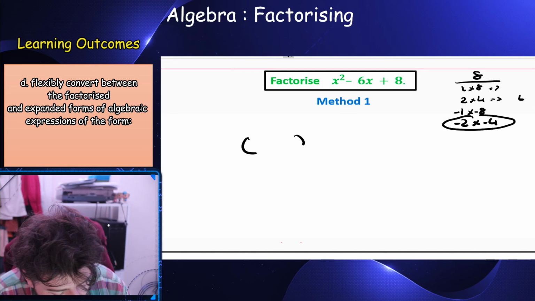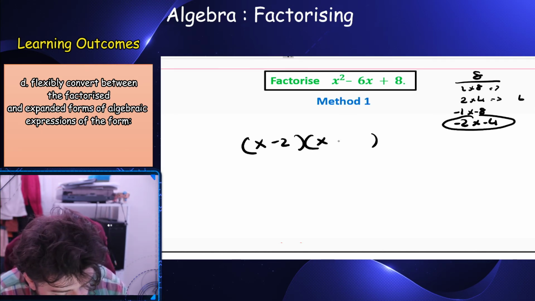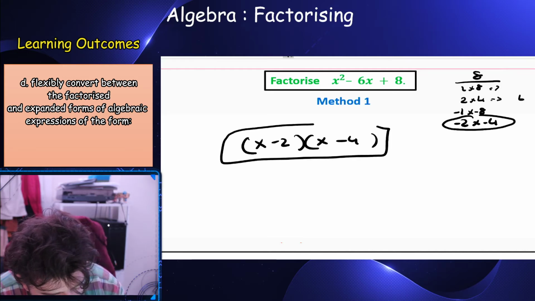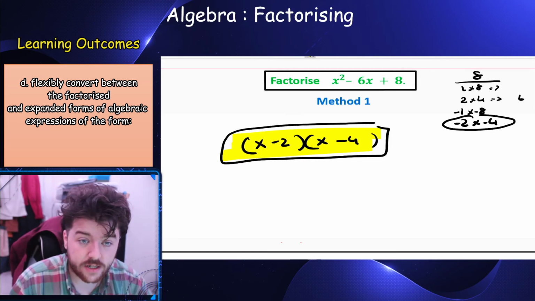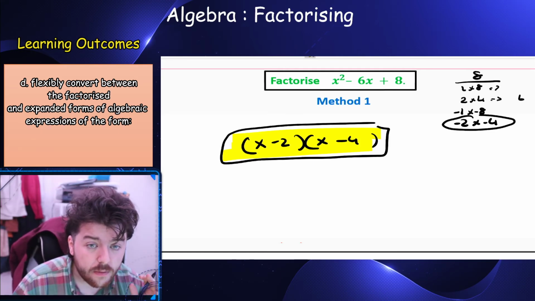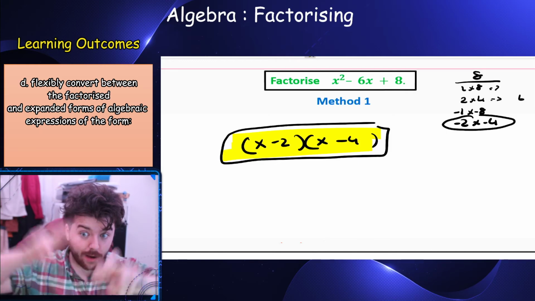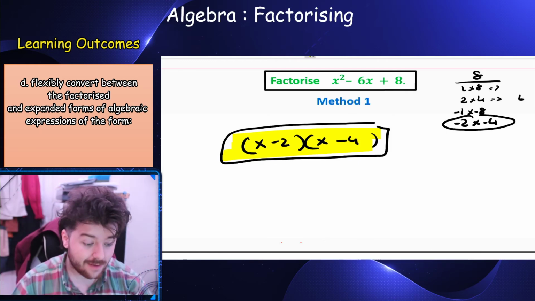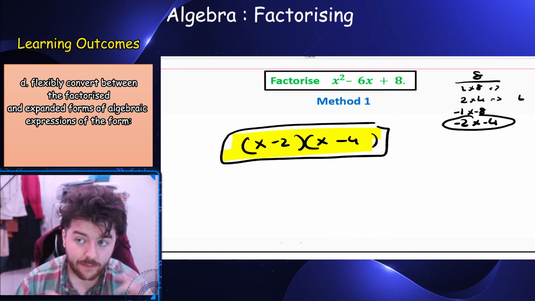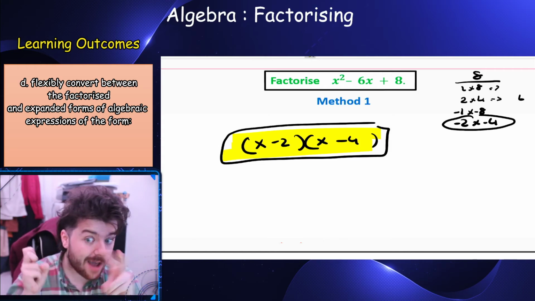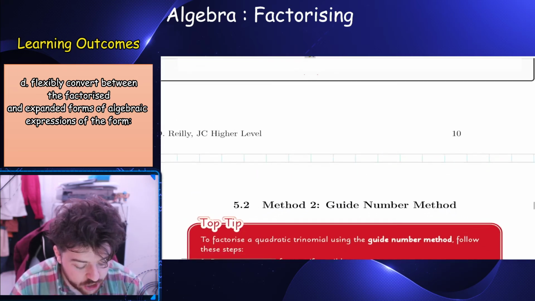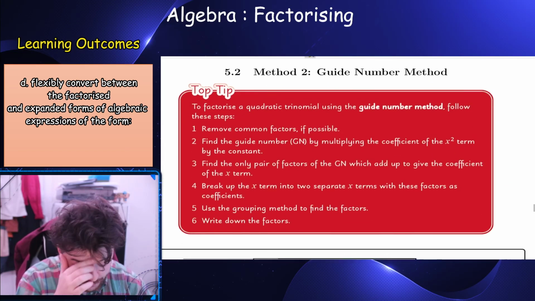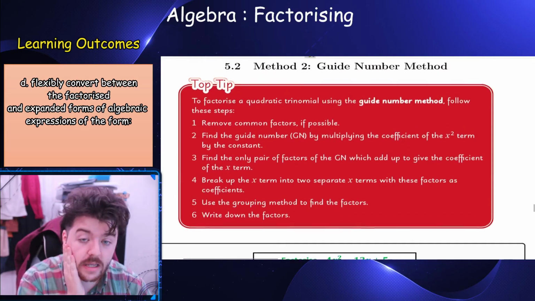So open my brackets. X, minus 2, minus 4. And that's it. Again, you can multiply out your answers to check. So, again, if I have no number in front of my x squared, I'm using quotation marks because technically it's a 1, but if I have no visible number in front of my x squared, you use this method. Then if I do have a number in front of my x squared,